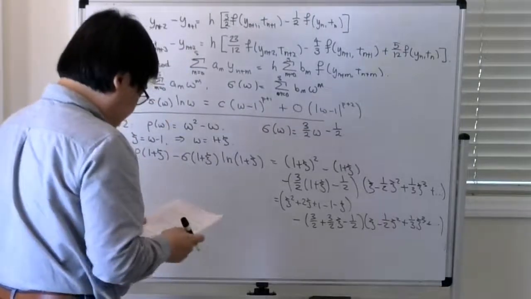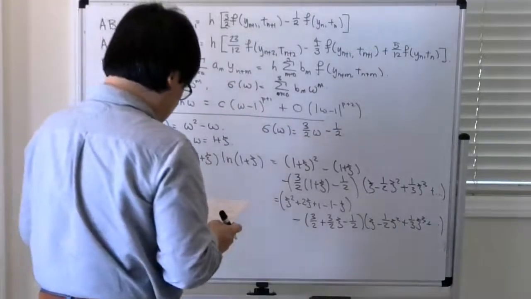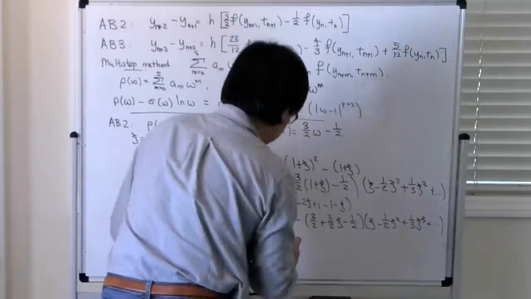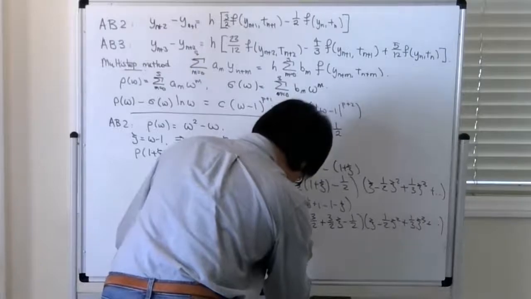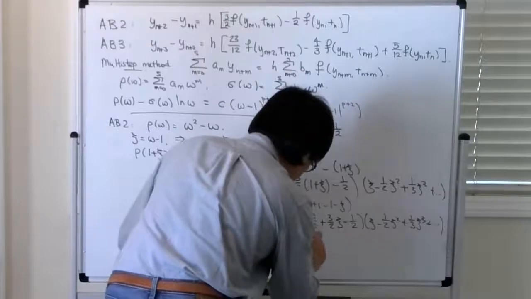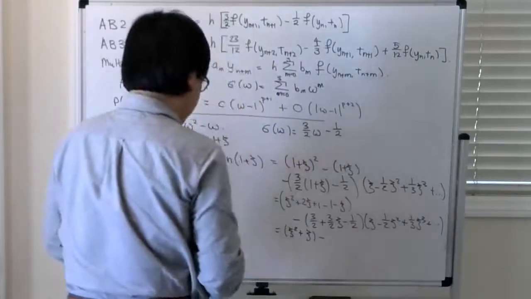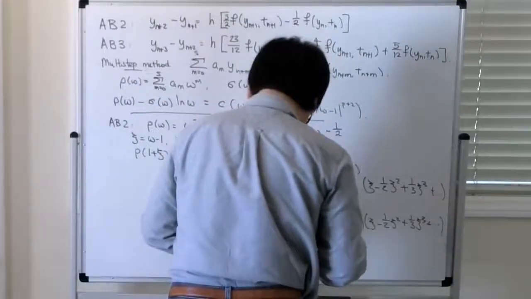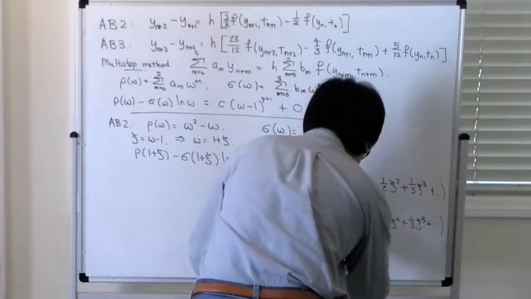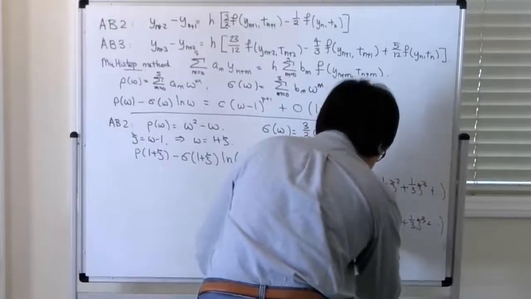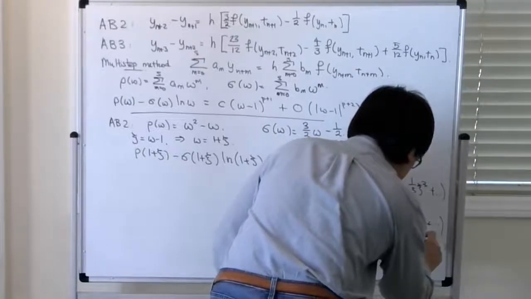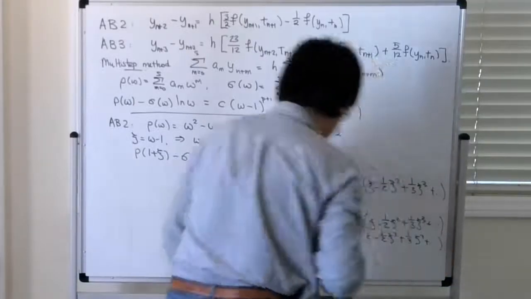So you can expand all this out. Let me just do one more step here. So this is c squared plus c minus (1 plus 3/2 c minus 1/2 c squared) times